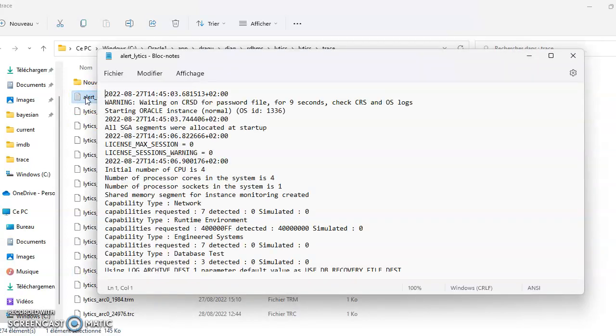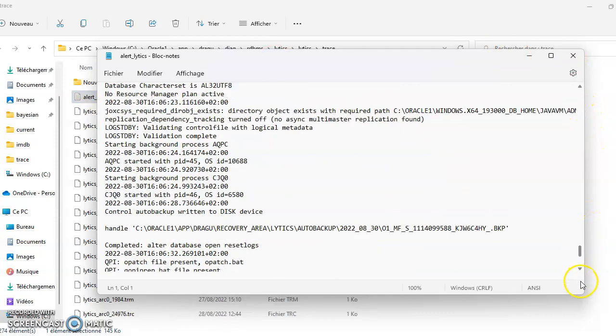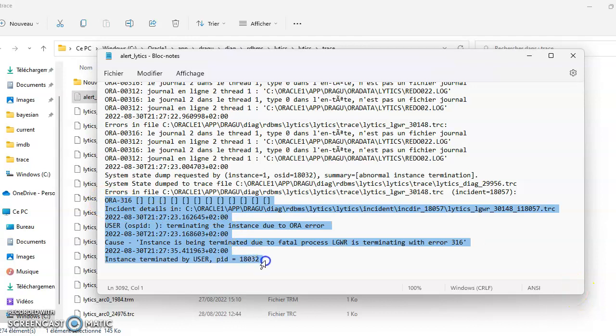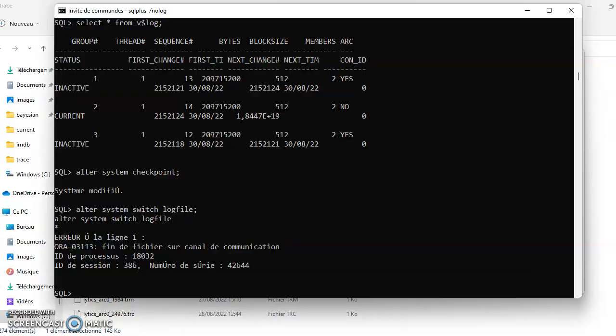And of course, we will see that the instance is terminated. Exactly the same behavior we found when we destroyed one of the control files. So now we need to recover, and the restore and recover. Let's